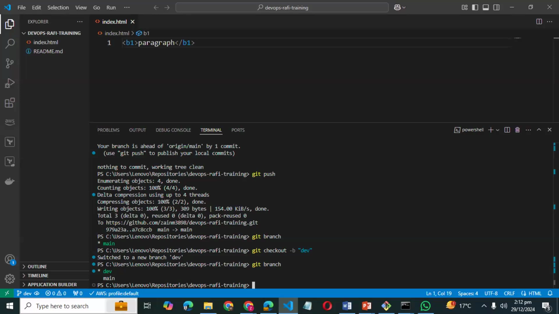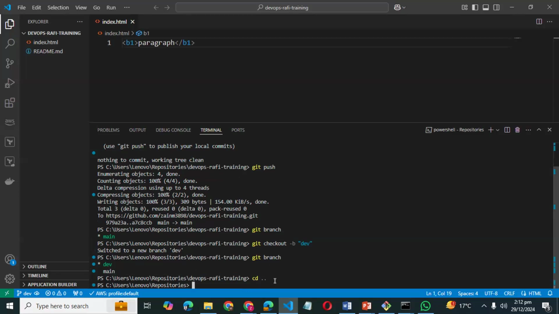And the second thing is that if you are not in your GitHub repository, then you are unable to run this command. Let's suppose I exit from this repository. Currently I am in the DevOps Rafi training repository. Now I want to exit from this repository, so I write the command cd dot dot.